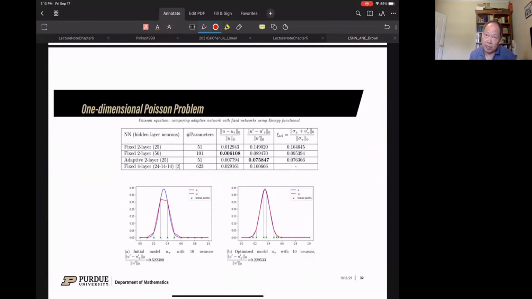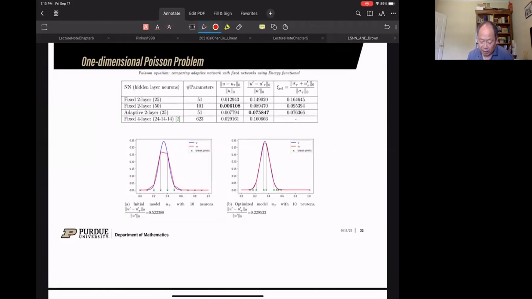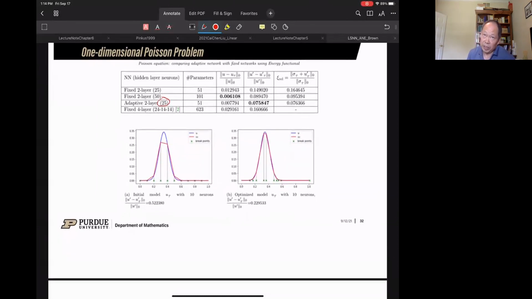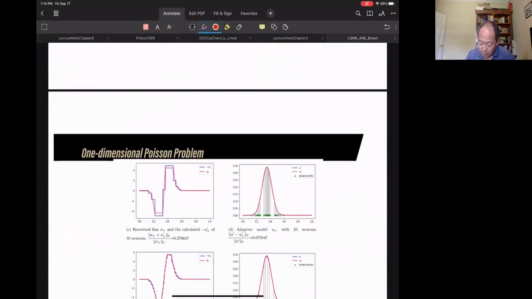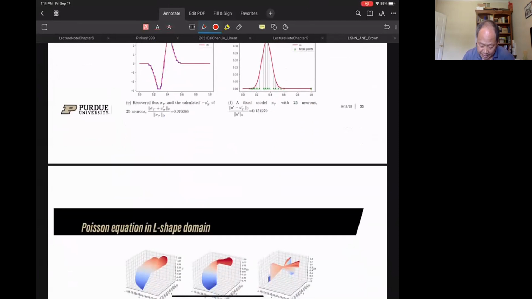This one, instead of just learning the function, we're learning the solution of PDEs. This is a one-dimensional Poisson equation. I believe we used this example from Wei-Lan Yi's paper and Jin-Chia Shu's paper, the first paper, that did extremely well. But of course, when you're doing the PDE, we need more neurons. Instead of 20, we have 25, okay? Because solving a PDE is much harder, right? We have the estimator, so let me not skip that.